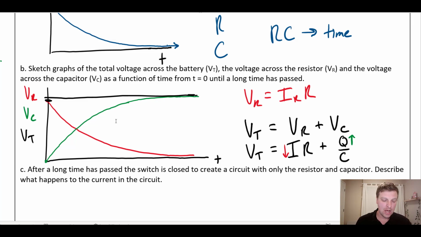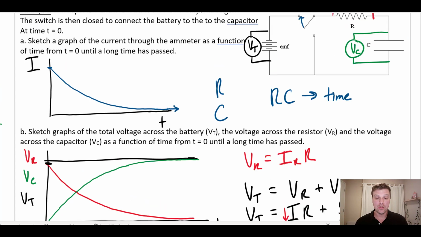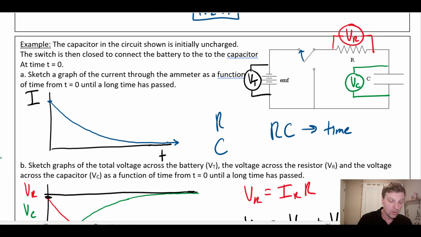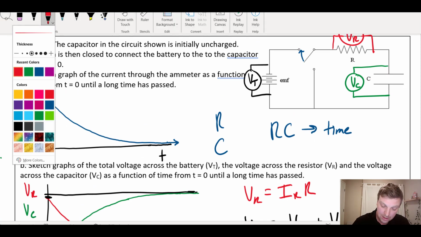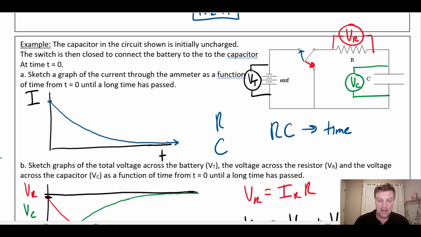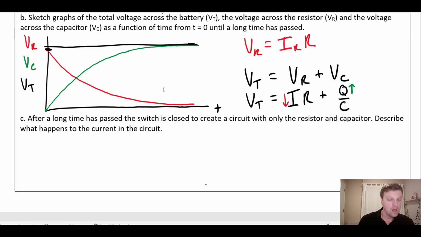So last question is, after a long time has passed, after we've charged the capacitor, we're going to close the switch the other way. So if I go back to my circuit here, we're going to click the switch over that way, and we're going to cut the battery out, see you later. And it's asking, well, what's going to happen at that point in time? Well, recognize that while this was charging up, my top plate became the negative plate, and the bottom plate became the positive. And so what I'm going to have is a circuit that consists of a resistor and a charged capacitor